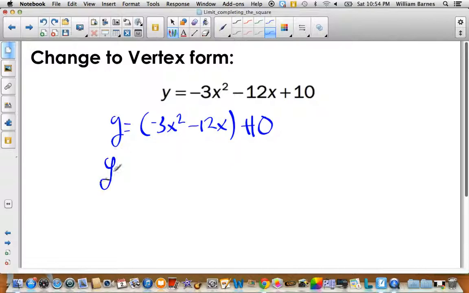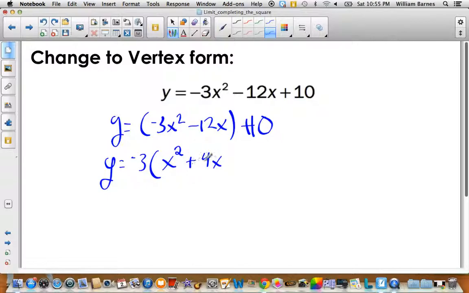So the next thing I want to do is factor out, no matter if it divides evenly, if it doesn't, take out what's in front of the x squared term. So negative 3, I'm going to just take out that common factor, so I'm left with x squared. I could take out an x as well, I don't want to do that. I just want to take out the number. Take the negative 3, so negative 3 is out. And then this becomes positive